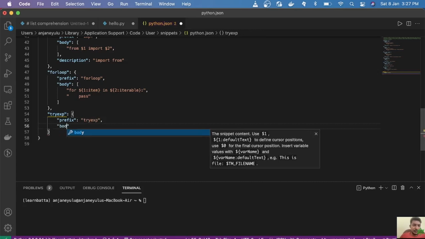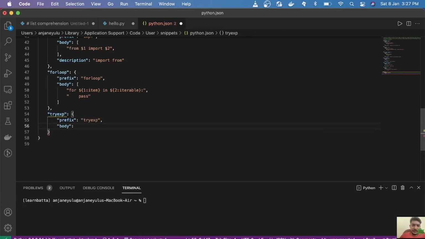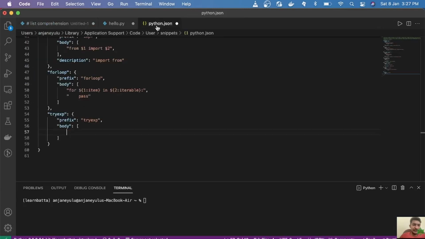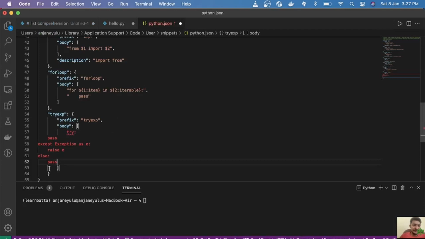And then the body. If it is a single line, then we can use a string, otherwise we can go for an array. As we have 2, 3, 4, 5, 6 lines here, we should use an array. Let's copy this and paste here, and let's convert this to strings, as JSON doesn't support multi-line.